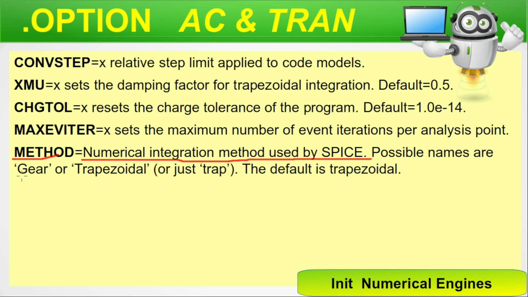One example is gear, another one is the trapezoidal, shortened as trap. So you may see gear or trap. There could be some more, so you have to consult the manual. Default is trapezoidal. Generally, this is the method that is used. There could be more methods, so you have to consult the respective SPICE tool manual to get the available numerical